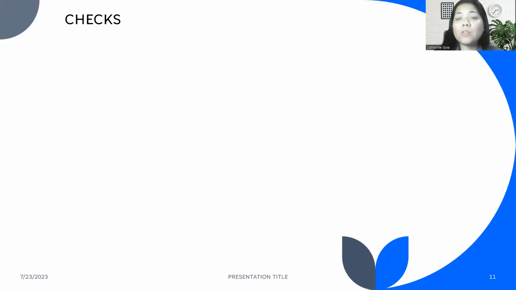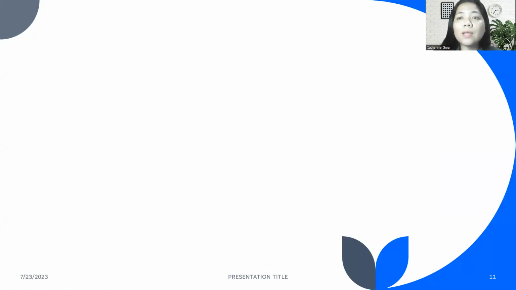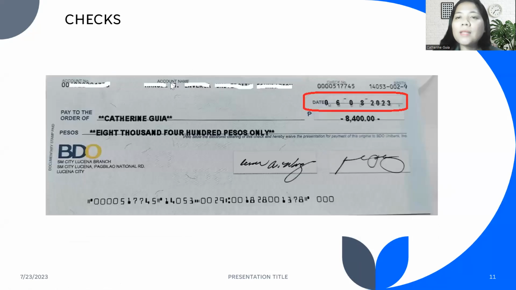Okay, next topic is about checks. So another topic related to cash in bank, particularly our demand deposit or checking account. So I want you to focus on the sample check that I will share with you, particularly on the date of the check, because the date of the check will determine what type of check that is. Okay? So assuming that today is June 8, 2023, and the company, the entity, prepared a check, drawn